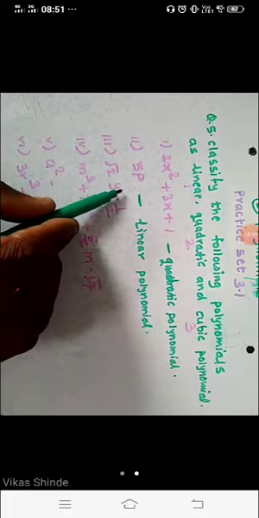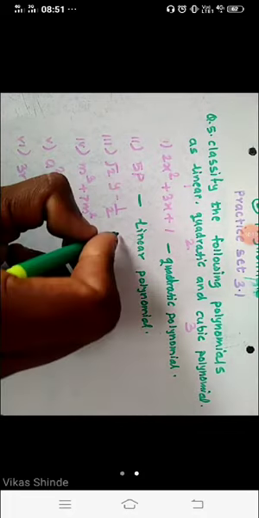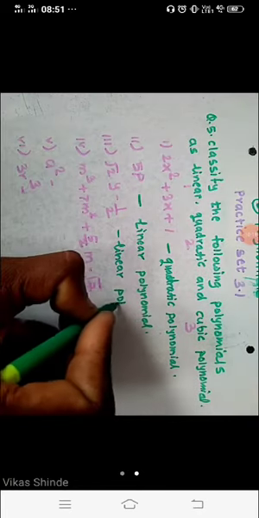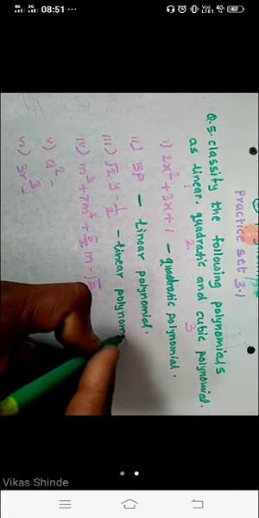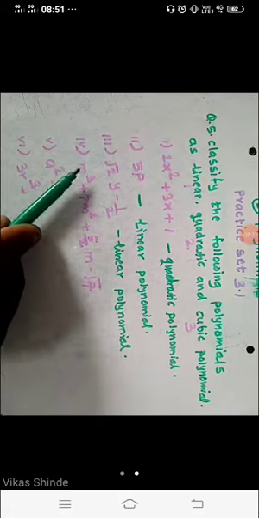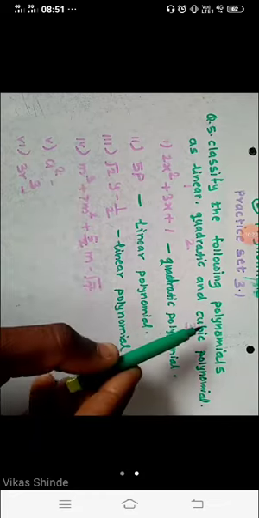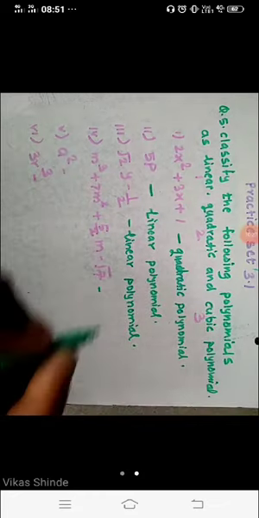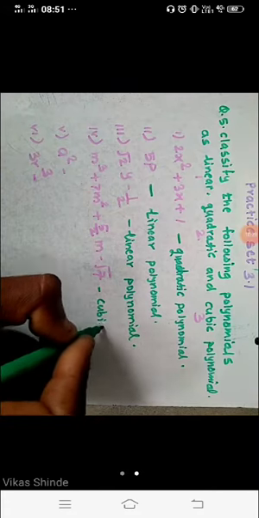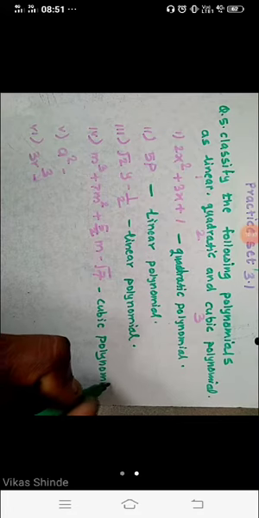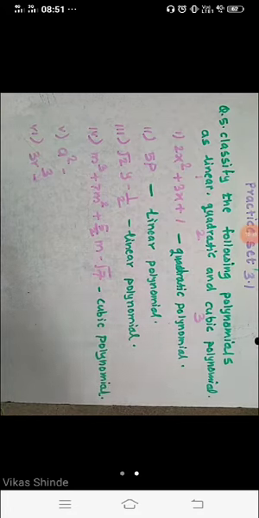Now here, student, here is y. Nothing here means 1 here. So this is also linear polynomial. Next one, student, here, m cube. Check the bigger index here. Here is m cube. So this is cubic polynomial, student. Which one is this? This is cubic polynomial. Because of why? The maximum index is 3 here in the given polynomial.